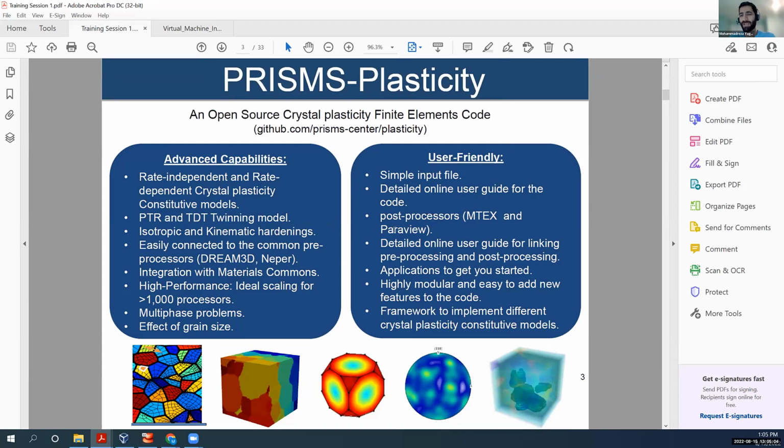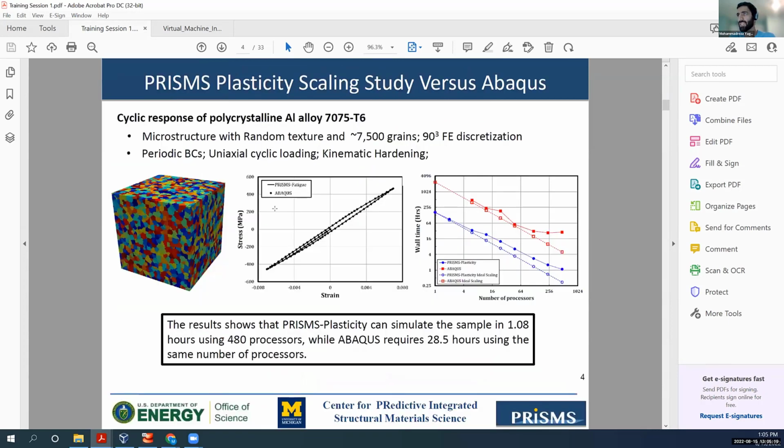It's not like a black box. You can actually start changing the code if you want to add a module. There is a lot of good documentation about it, YouTube video tutorials, and there are trainings like this one that we have. And just to give you an idea, when I'm talking about scaling, what I'm talking about is